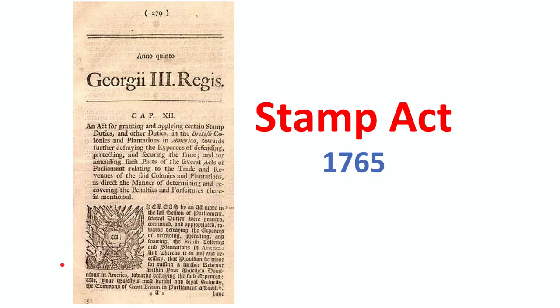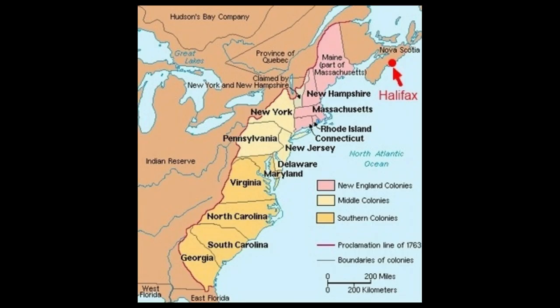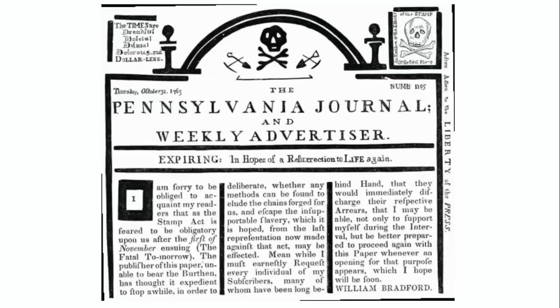All right. The Stamp Act is really going to make the colonists lose their marbles. And that is because they are being asked to pay a tax on paper products. Basically, these are some of the stamps that they had to be taxed to show that the paper was paid.